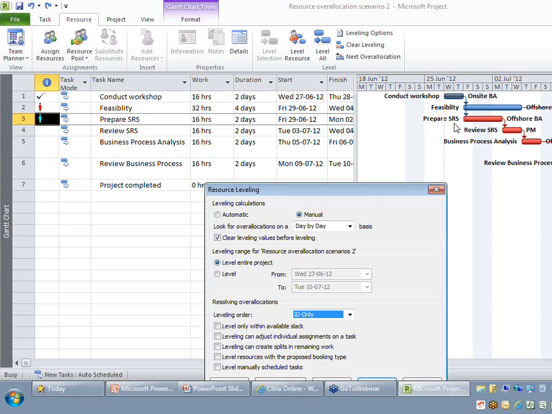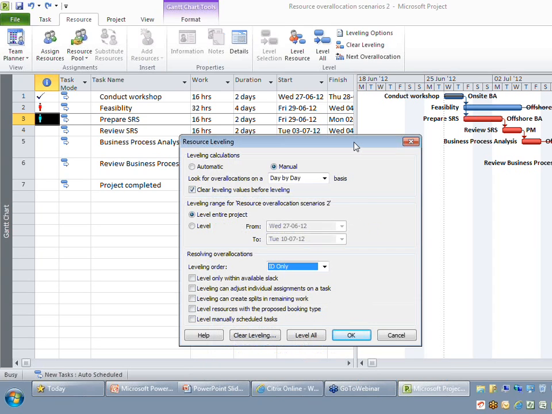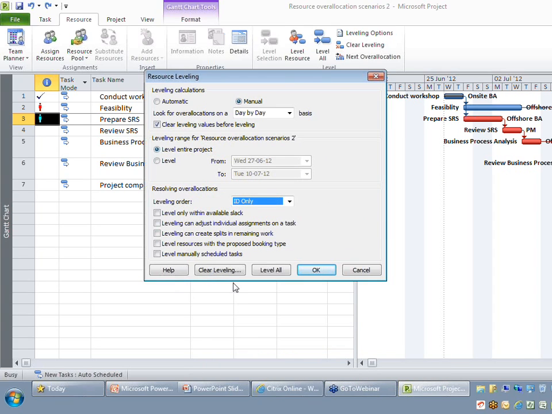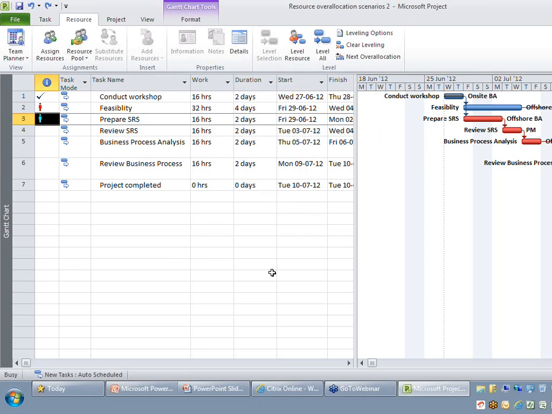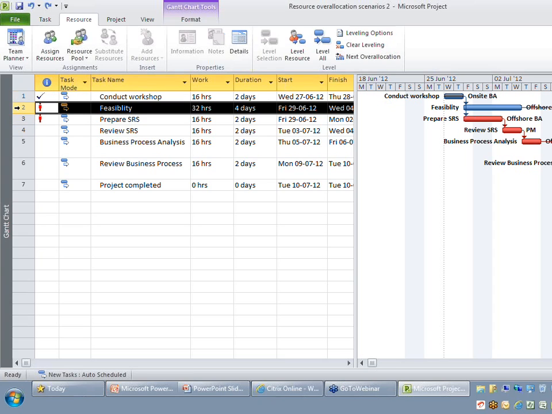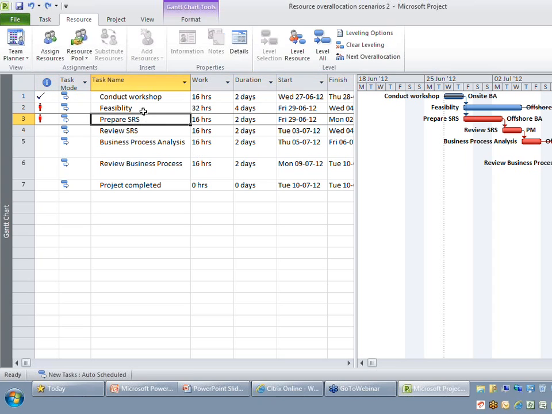So Project will always delay prepare SRS, though it falls on the critical path. Let me have a quick demo of what happens. I'm saying ID only, and you should not hit the OK button. Instead, I'm just going to do a level all. You would now observe my prepare SRS is getting pushed, so don't go for ID only if you are not giving priority based on the row IDs of that particular task.